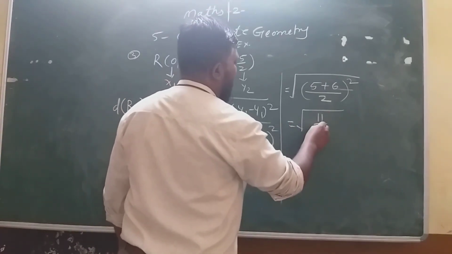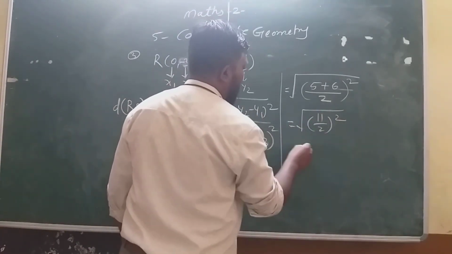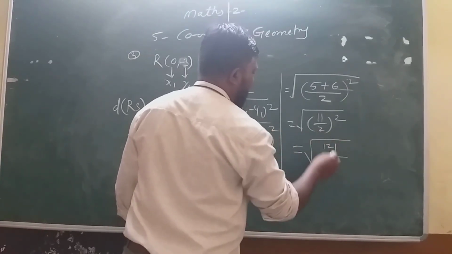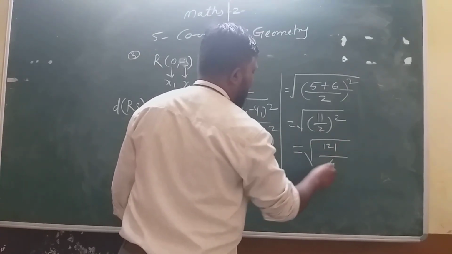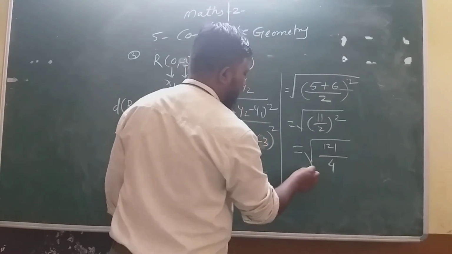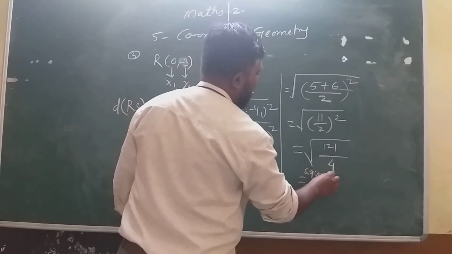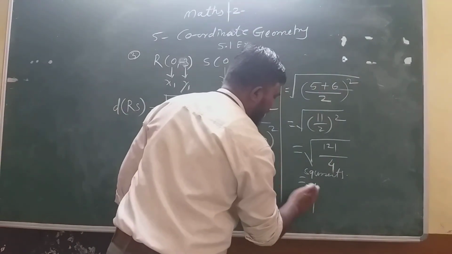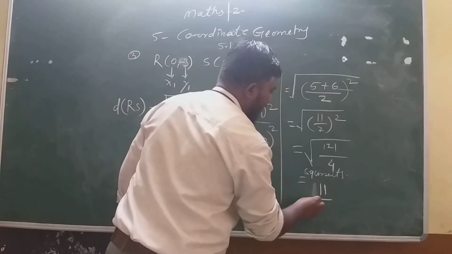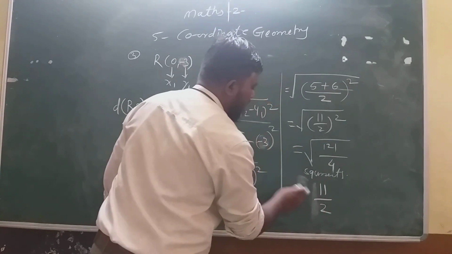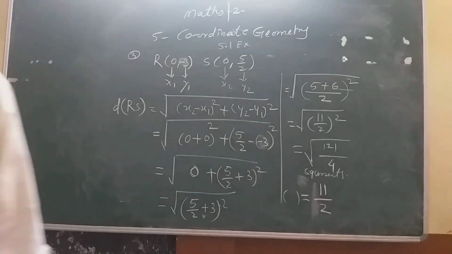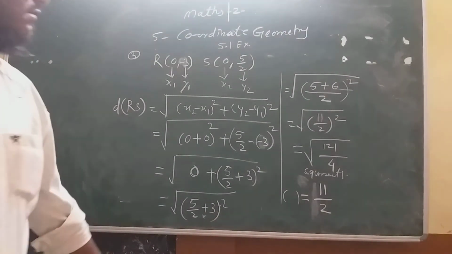It will become 11 upon 2 square. 11 square is what? 121, and 2 square is what? 4. So while taking the square roots, 121 becomes 11 and this 4 becomes 2. This is the distance of